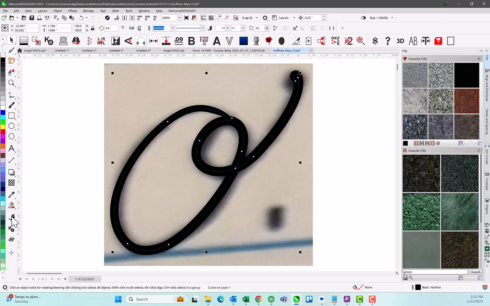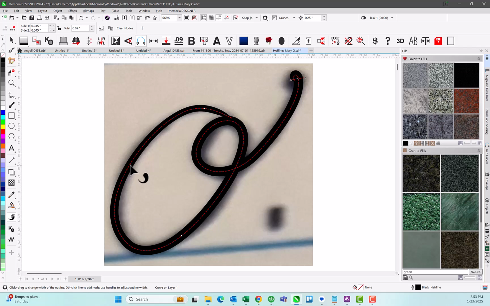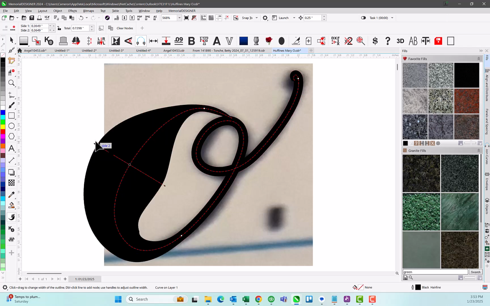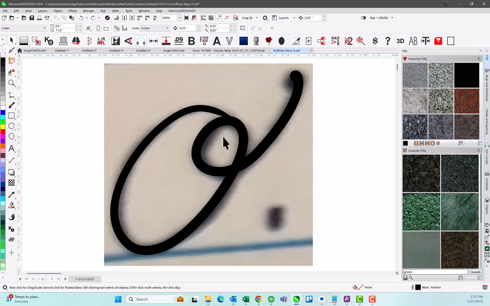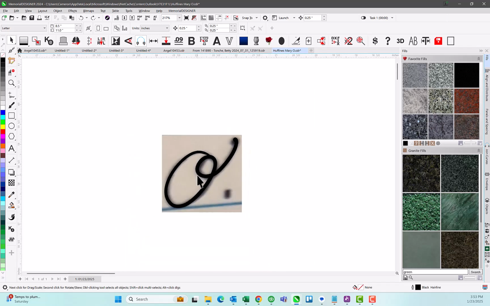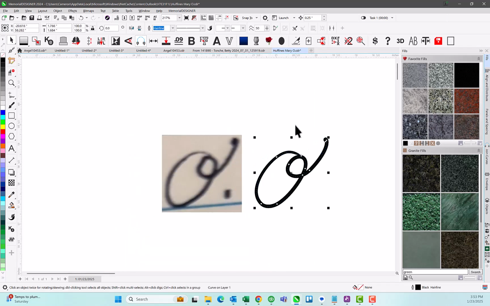Wherever you click and drag, that's where it's going to add a change in your width. So you can click and drag outward to make it thicker, click and drag inward to make it thinner. And I'm just hitting undo, Control Z, to undo it. But if we put that one next to this one, then you'll see how that looks. And you can adjust as needed because it is just applying that to the vector underneath it. So if you need to make any adjustments, pull this that way, pull this that way,